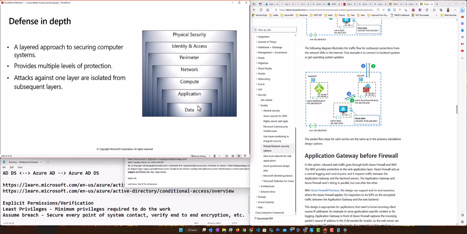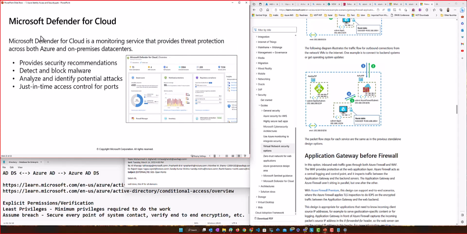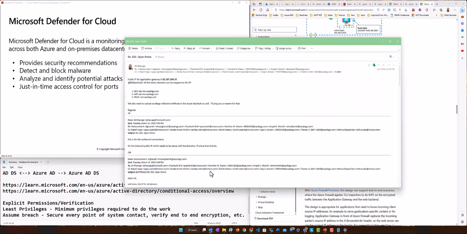And all these things that we have discussed, Active Directory, Azure Active Directory, network appliances like firewall and application gateway and networks, right? And all these things, these all come into the picture to give us a complete end-to-end 360-degree view of securing the whole environment. And then last but not least, the defender comes into the picture to give us real-time information. Anybody can change anything, right? It'll give us alerts. It can tell us what any critical issues going on, so on and so forth, right? So this is how we look at these things, right?